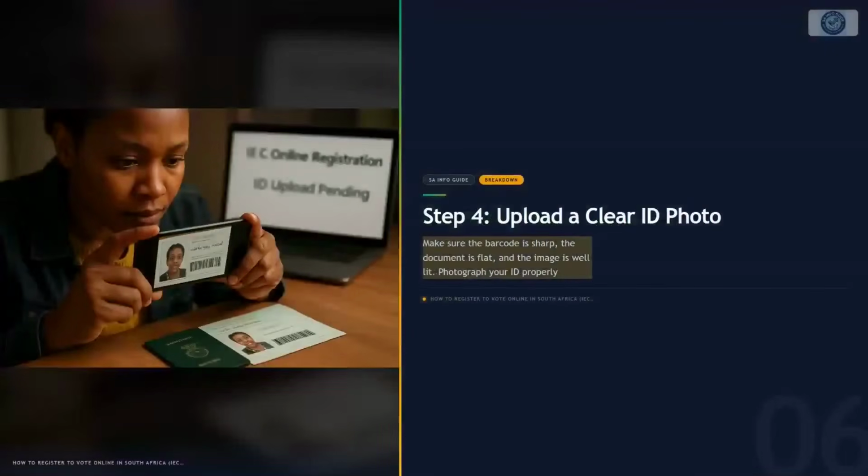Now, prepare to upload your identification document. If you are using a smart ID card, take a crisp picture of the side containing the primary barcode. If you have a green ID book, photo the page displaying your photo, ID number, and barcode. Ensure your photo is well lit, laid flat, without reflection or blur, so the automatic system scanner can process and